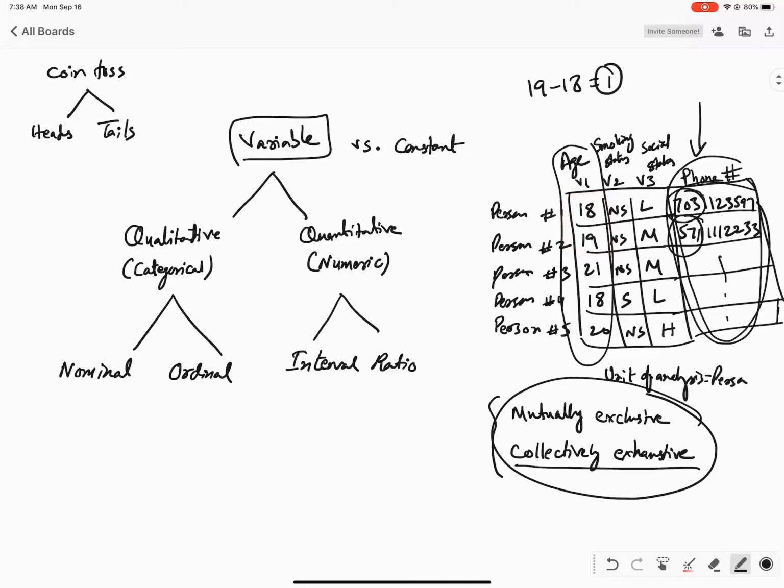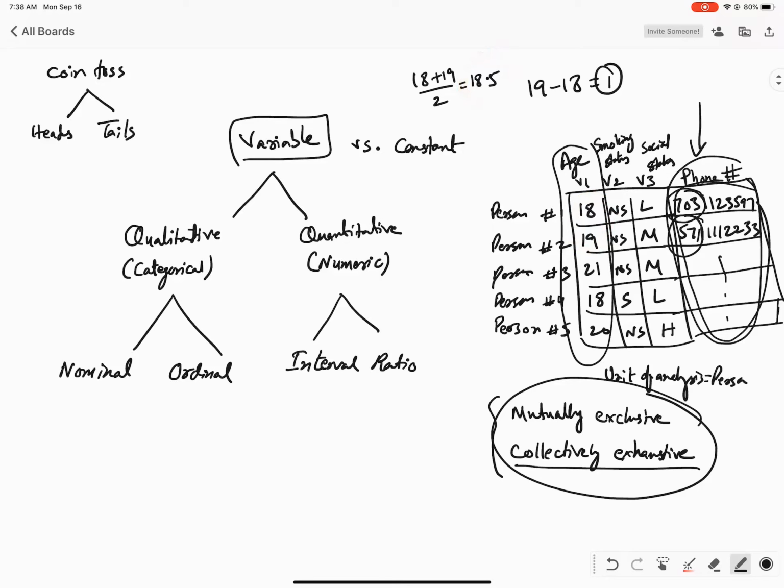For example, I can take the average age of the first two individuals in the sample. The average age is 18 plus 19 divided by 2, which is equal to 18.5. In fact, this is a very specific kind of average. In statistics, this is called the arithmetic mean. In a separate session, we'll actually talk about these different types of averages. So for now, just think of this as a simple average, the kind of average that we all learn about